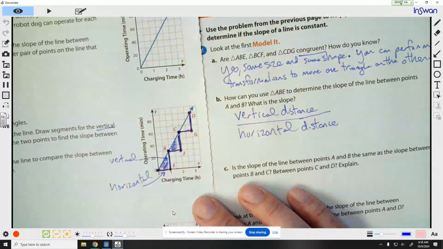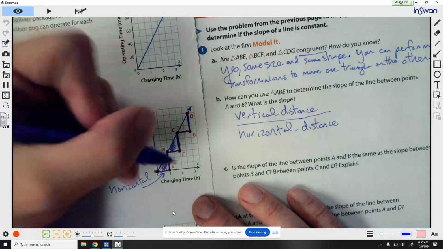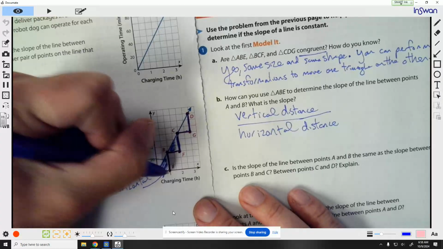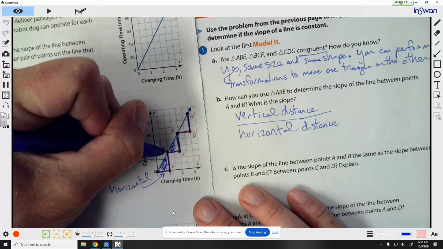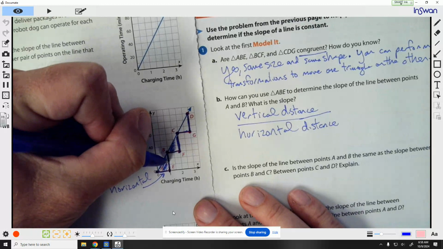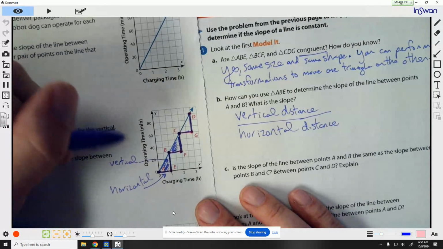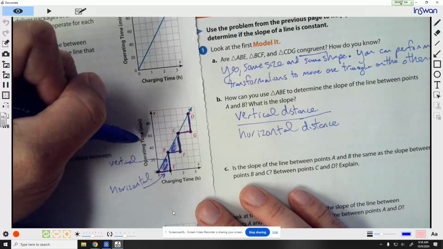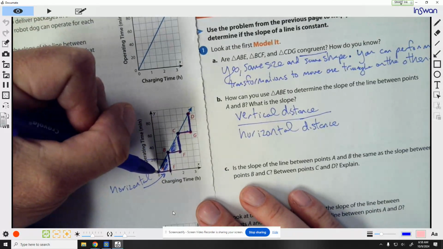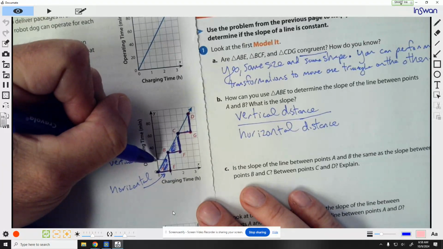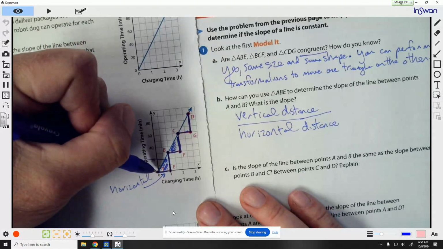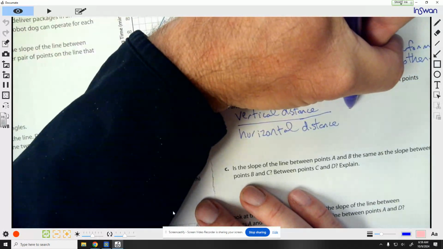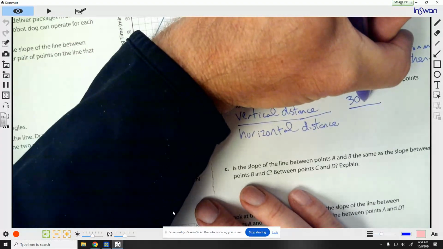Okay, and this is going to give us our slope. So if I look at A and B, my vertical distance, if I look down here and go all the way up to there, I see that's actually 1, 2, 3 squares. But I have to be careful with this because one square isn't worth just one. If I look over here, it's my operating time in minutes, and each square represents 10 minutes. So 3 squares is 10, 20, 30 minutes. Okay, so my vertical distance, I'm going to write 30